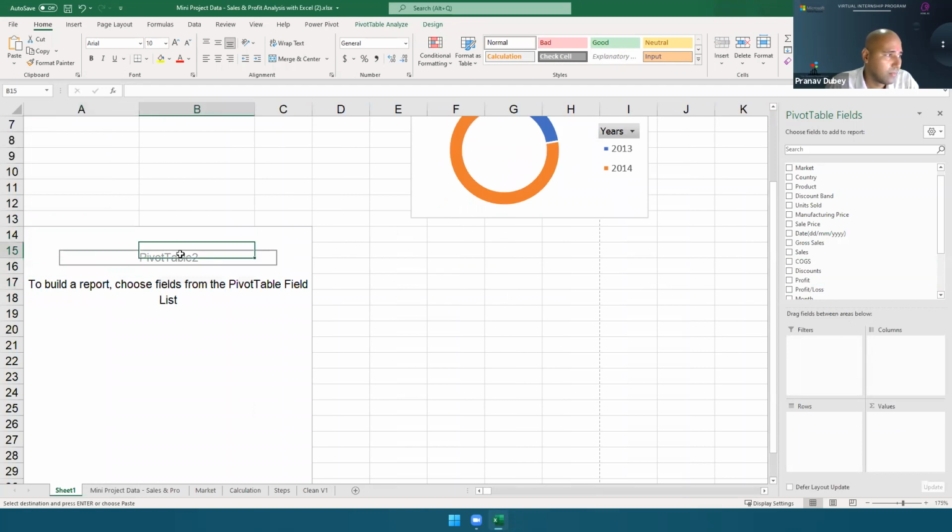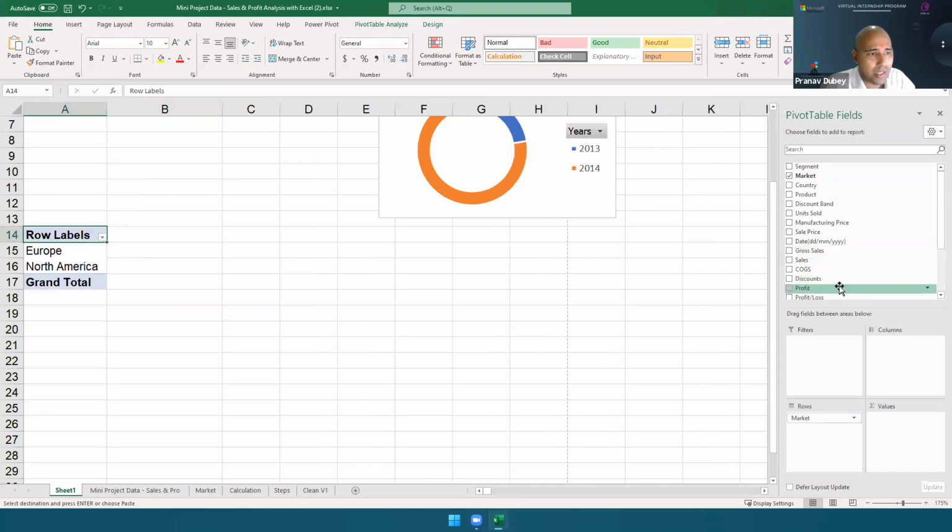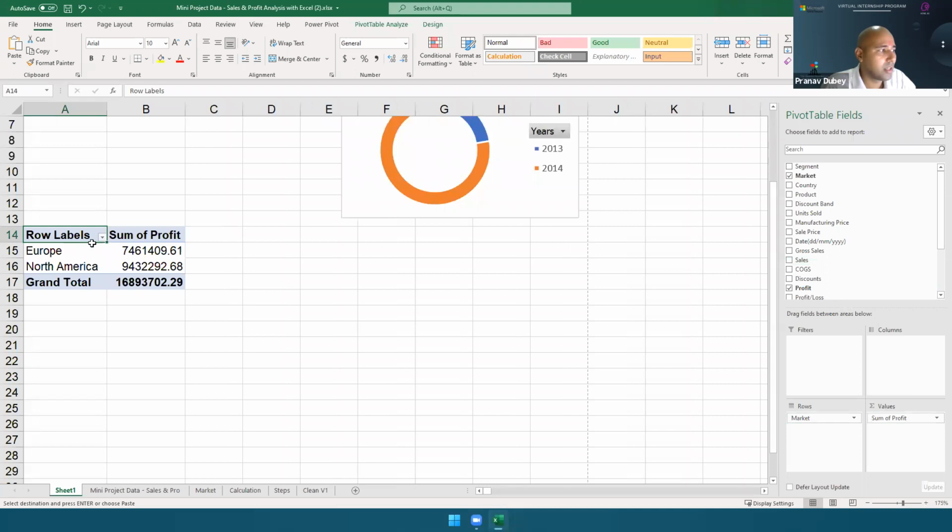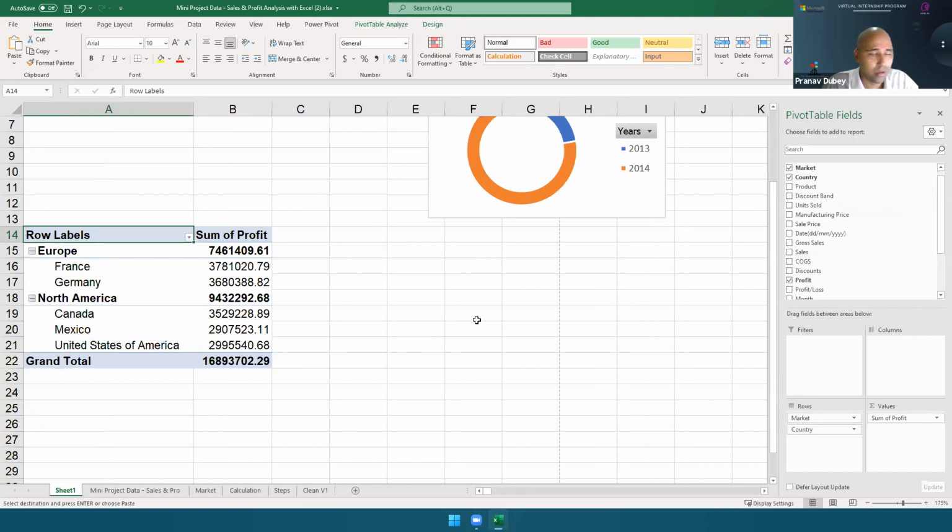I will just start over, and here suppose I want to see market wise. So I will bring market and I will see profit, market wise profit. I can also bring country, market, country, and profit. So it's up to you, whatever fields that you want to select, go for it. Now everybody try this out. You create of your own choice, create 2-3 charts. Bar chart, line chart, a donut chart, table, anything that you want, you do this.